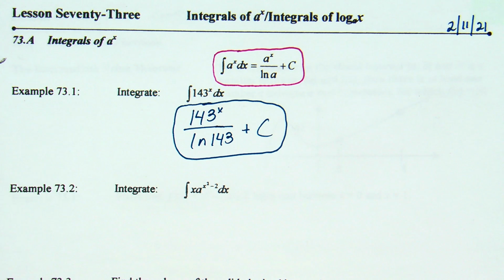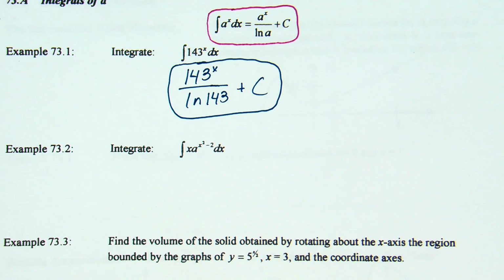Example 2. The integral of x times a to the x squared minus 2 dx. Okay. Because it is a more complicated power that involves a chain rule, and there's that x out front, your best bet would be to do a u substitution. I'm not going to say you'd have to, but that's obviously how I'm going to teach it on day 1 here. Okay. So if we do like a u substitution,